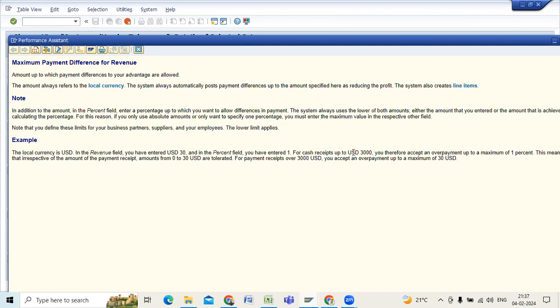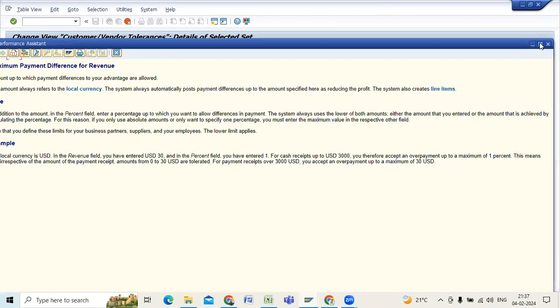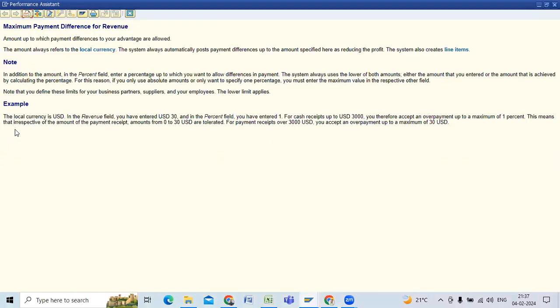For cash receipt up to USD 300, you therefore accept an overpayment up to a maximum of 1%. Overpayment we can accept 1%, not more than 1%. 1% from which, for what? According to the base amount and the invoice amount. This means, irrespective of the amount of the payment receipt, amounts of 0 to 30 USD are tolerated. We can accept it. For payment receipt over 3000 USD, you accept an overpayment up to the maximum of 30